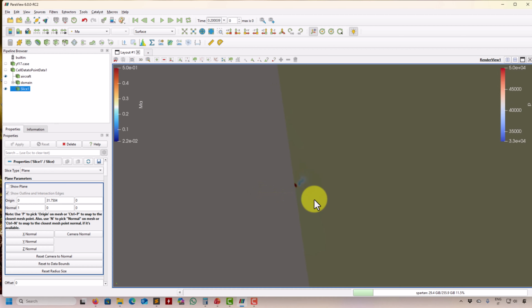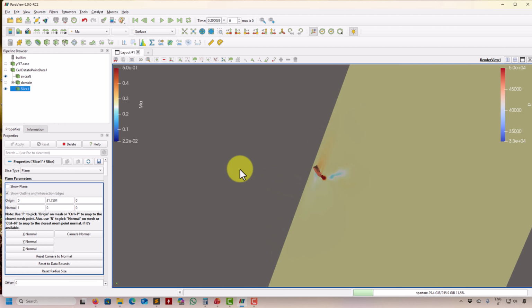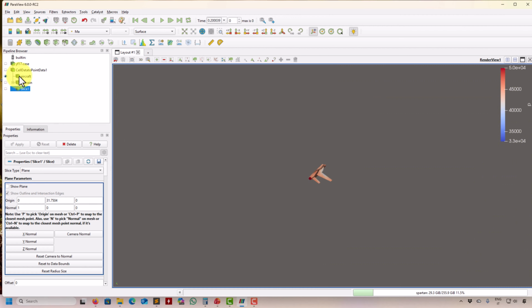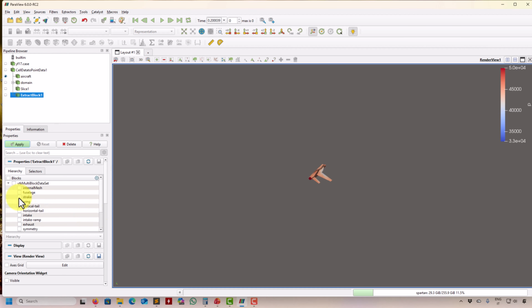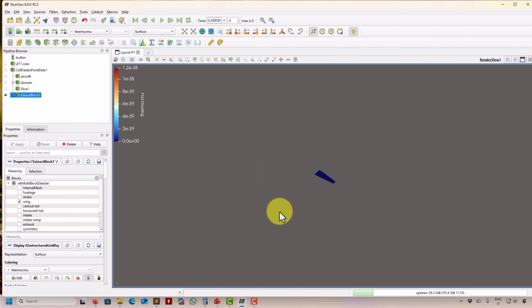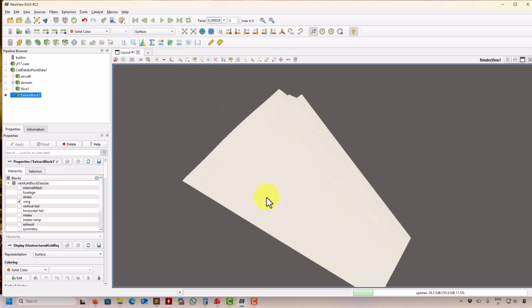Okay, and you can do the same in the aircraft now. So you apply that in the surface, and then you're going to get small sections of that aircraft, the profile, okay, or points. So just to show you, let me go here, cell point data. Let me do this one, and I will extract only the wing. Okay, I want the wing. Go there, put this, and